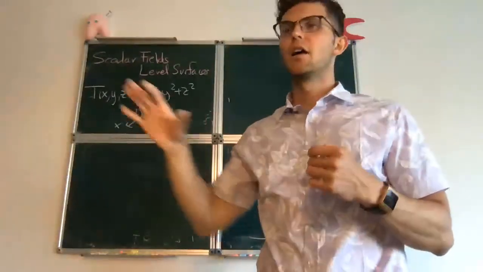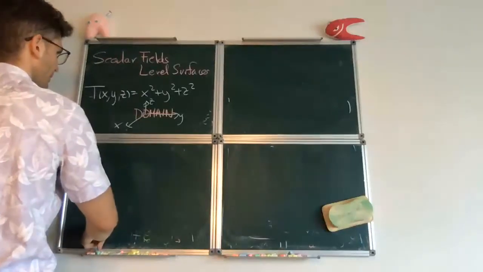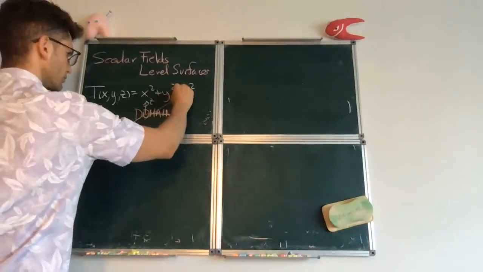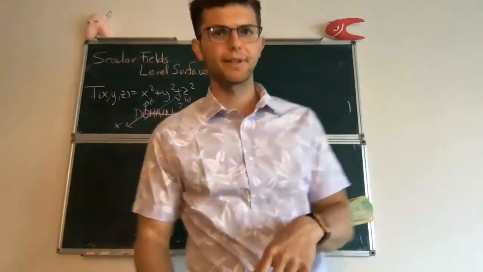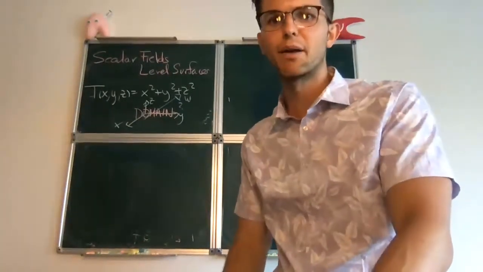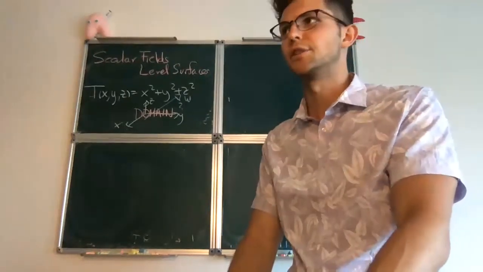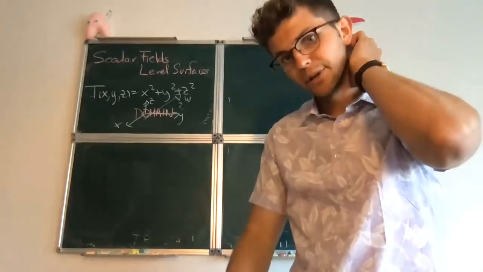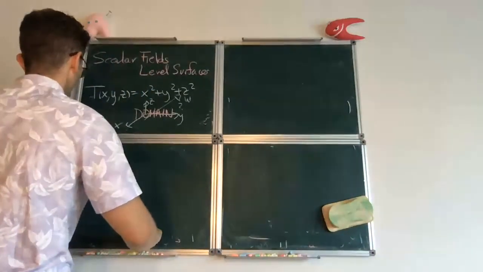Meaning that if you actually wanted to see what the graph looks like, you would need to introduce a fourth axis, which sometimes you would call w. And somehow that axis has to be perpendicular to all the other three. And that's another fancy way to say that you need an extra dimension in order to accurately see the graph of a function of three variables. So the issue for us now is that we don't have access to the graph of the function. So we can no longer picture